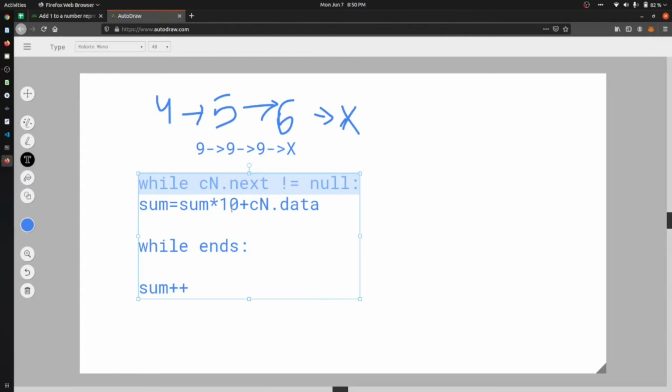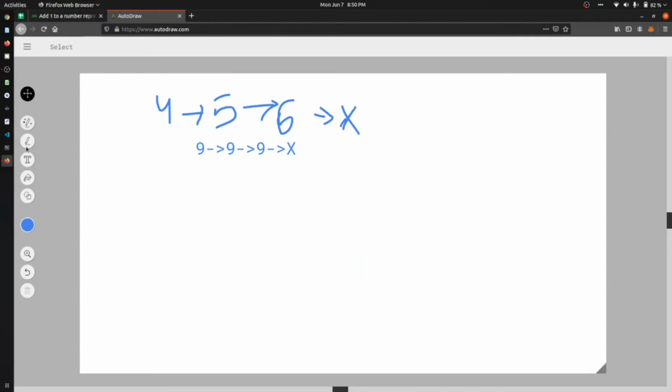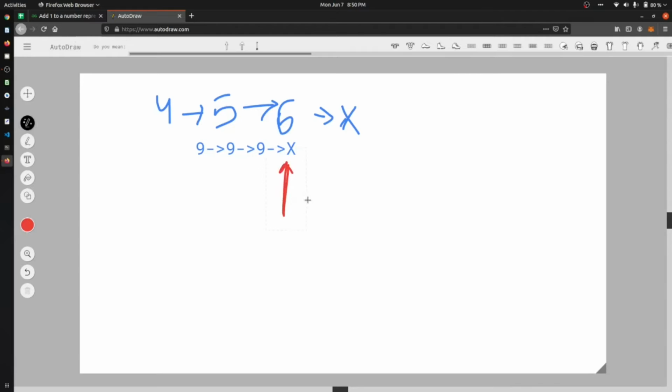One thing can come into your mind, let me just remove this, this is not the thing. When we come to the last point, we can add one to it.